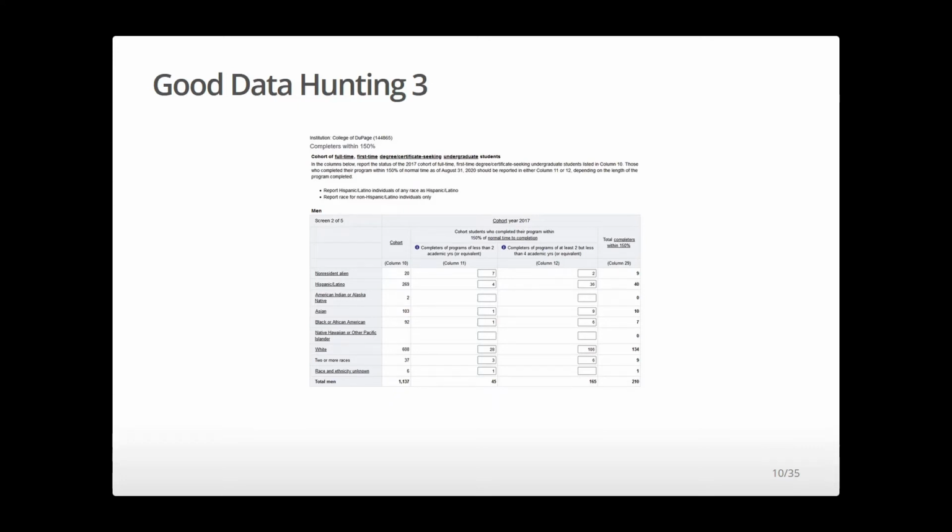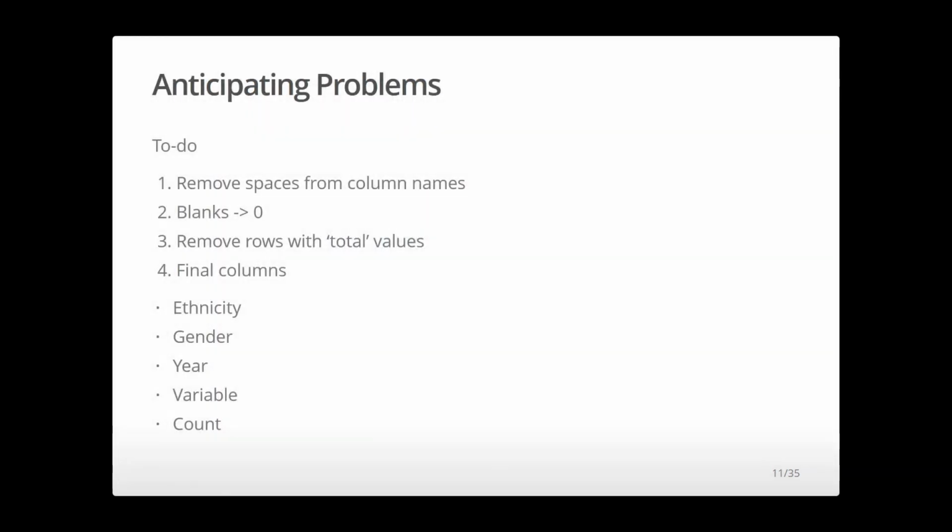Let's see what we've got, so we know what problems to anticipate once we open this up in R. Well, first off, the column names have spaces in them, and I'm almost certain that'll cause problems. So let's get ahead of that and change those names before we pull this into R. Next, it seems that we have some zeros that are shown as blanks. I want to make sure R reads those as zeros. It seems like there are also rows that give us within variable totals. That might be handy if we weren't adept at manipulating data, but since we are, those rows will probably just get in the way when we're trying to do things like sum values within a group, so we'll drop those